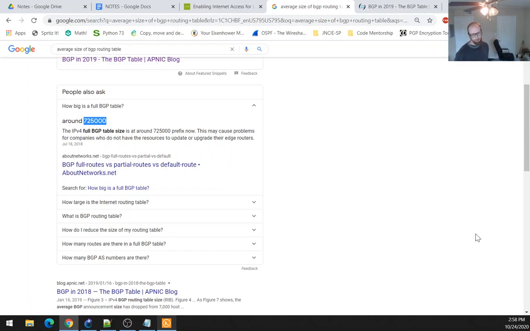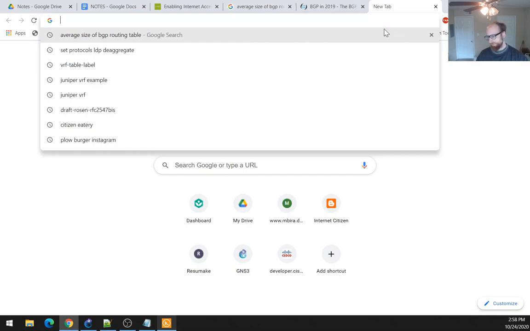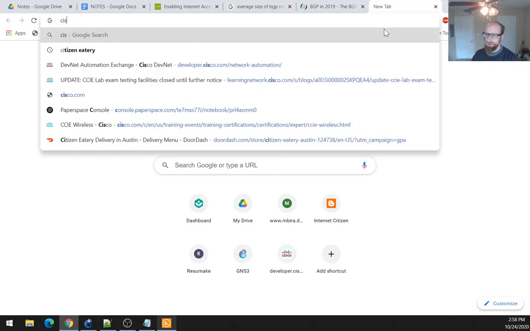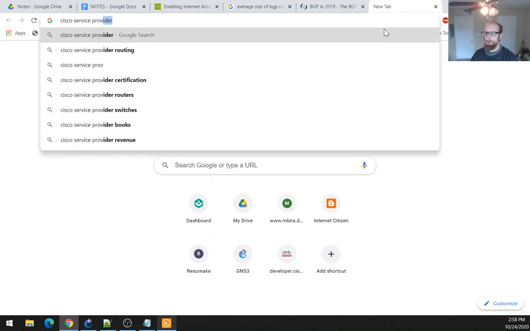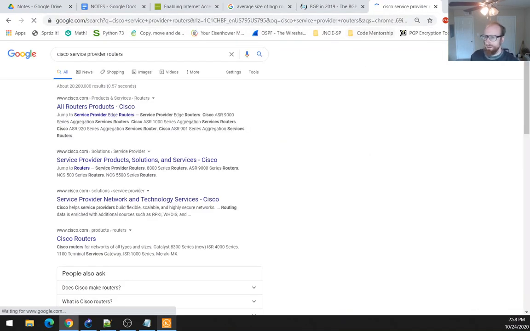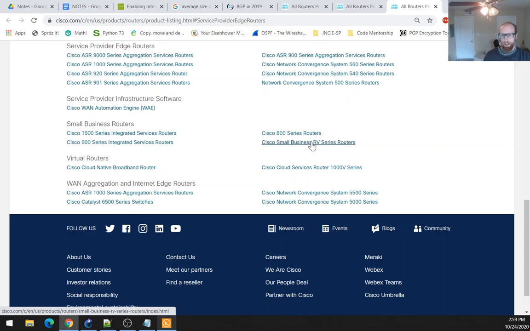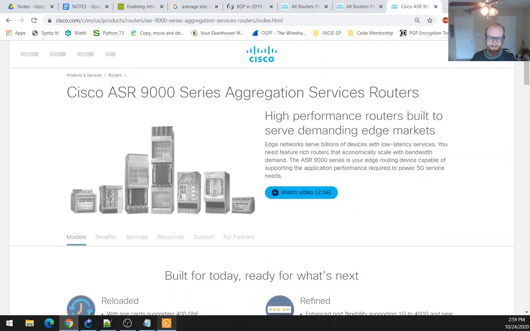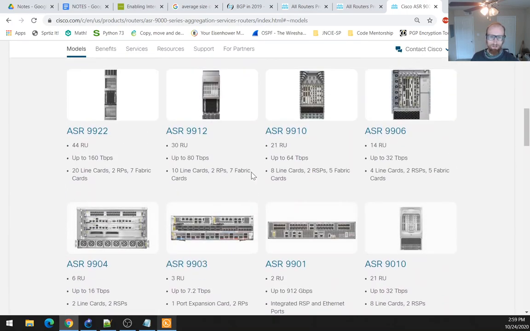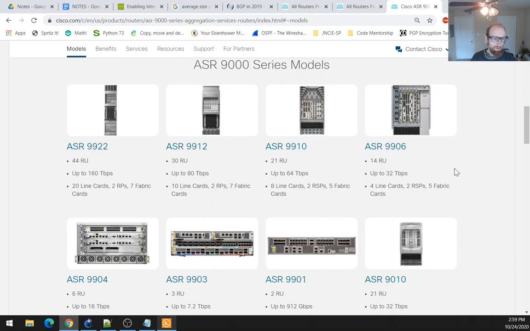Big, fat, expensive routers, Cisco ASR, latest and greatest routers, are what you're going to see. I mean, we can do Cisco service provider routers, and we can see the products they're offering are going to be big, fat, expensive routers. You've got to have 1 million routes. So here we go. It's Cisco ASR 9000. Like, look at this. This is as tall as I am right here. So big, fat routers,